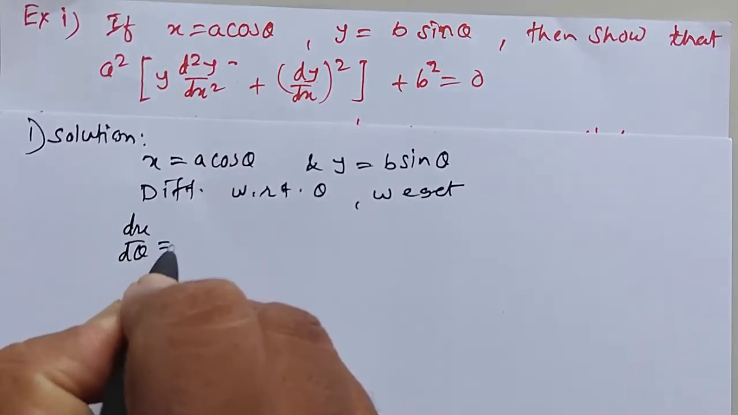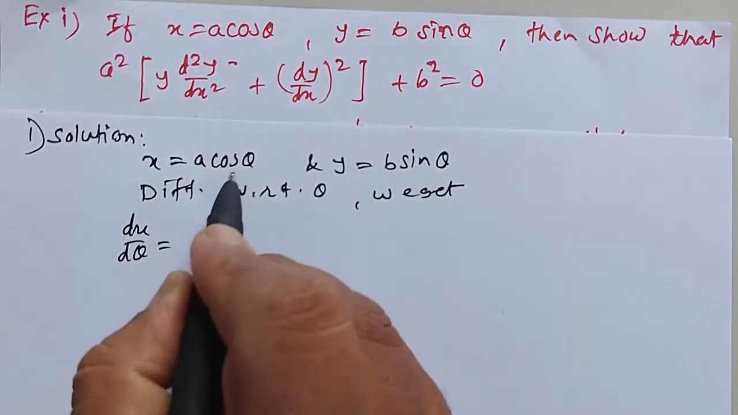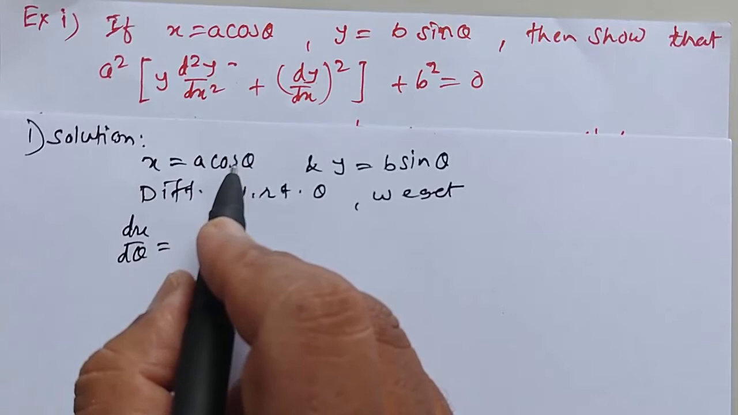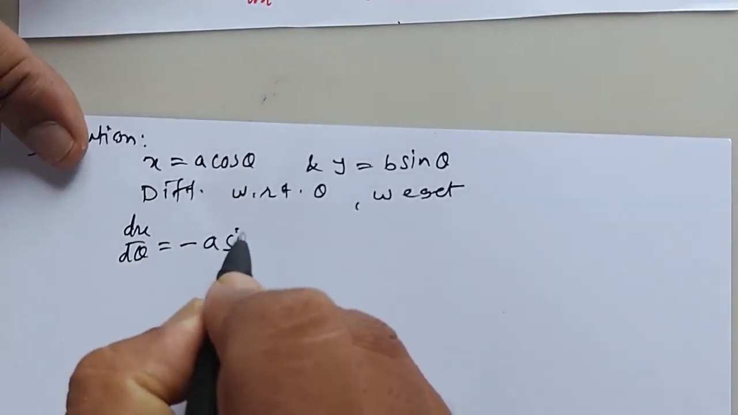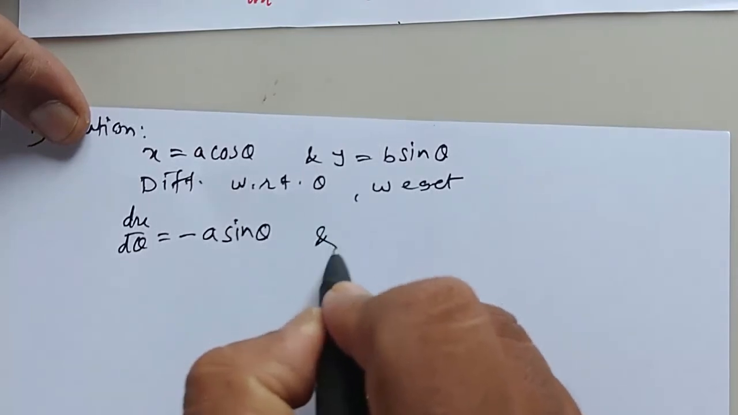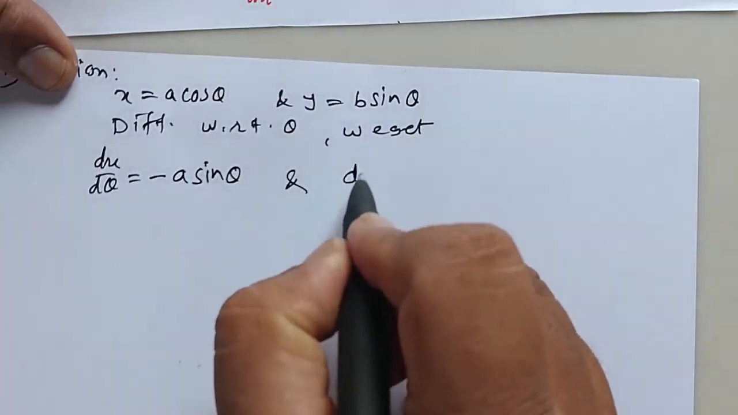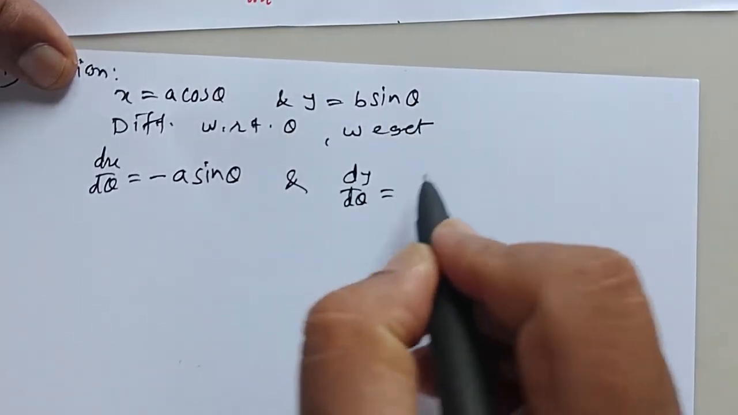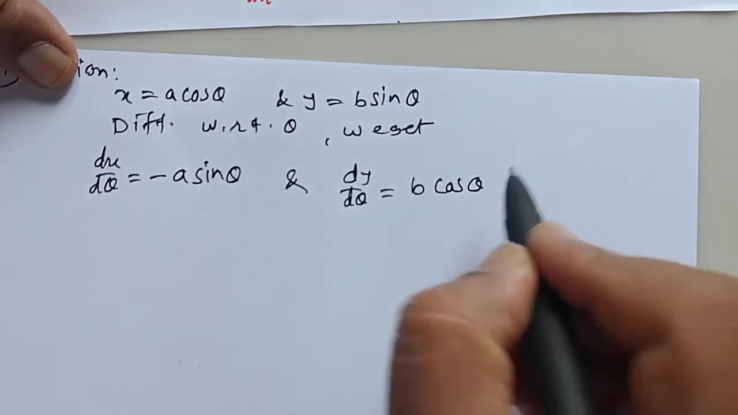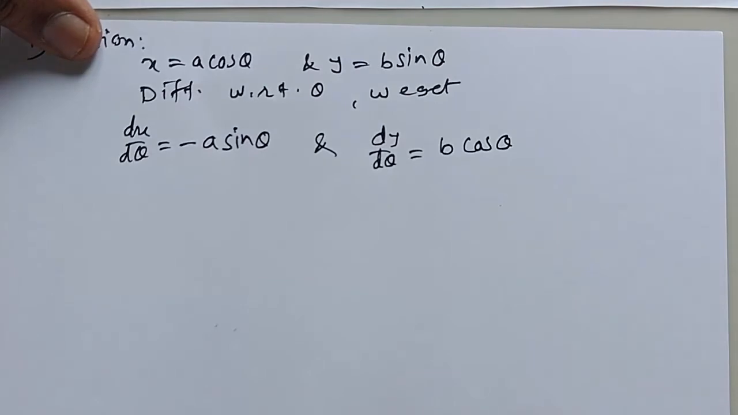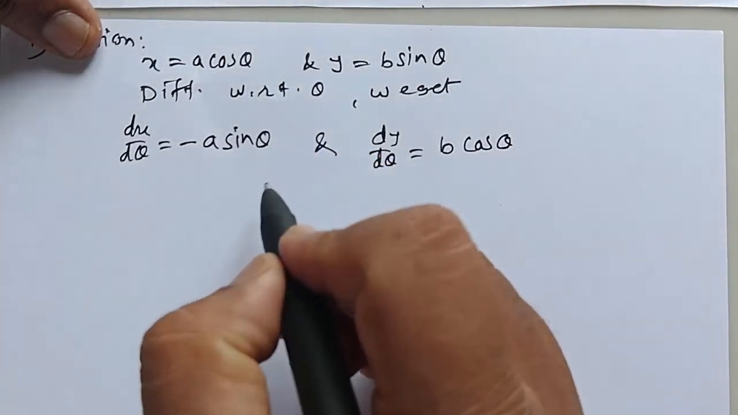dx by d theta is equal to a is a constant, derivative of cos theta is minus sin theta, so minus a sin theta, and derivative of y with respect to theta, b is constant, derivative of sin is cos theta. Therefore,